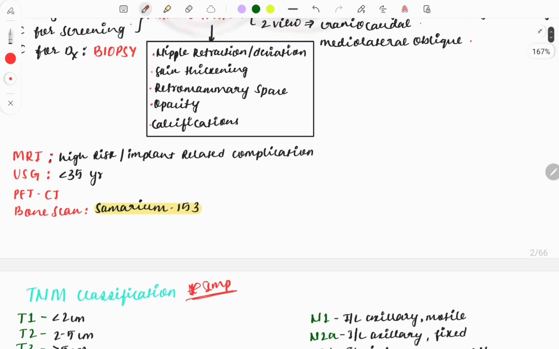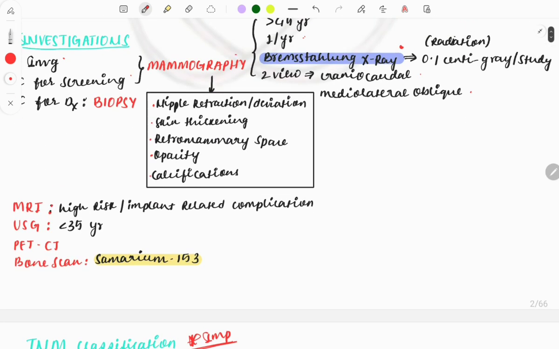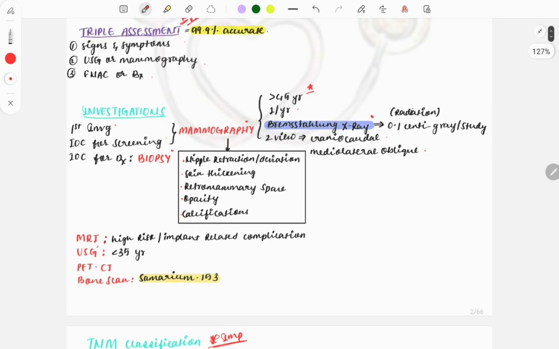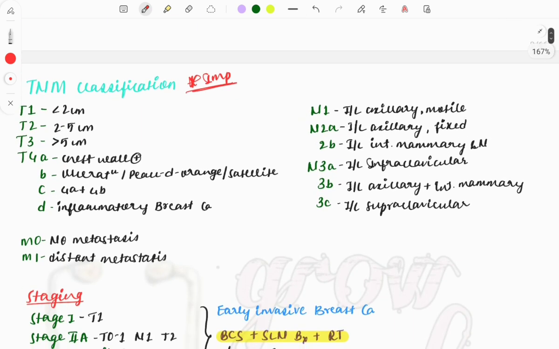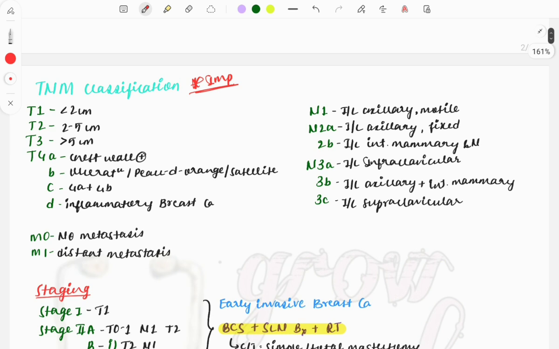ठीक है, so the two important things: mammography, biopsy, USG, ठीक है, investigations में. Then moving on to the TNM classification, again important, and you need to mug up this whole table. You need to mug up ki T1 stands for less than 2 centimeter, T2 2 to 5